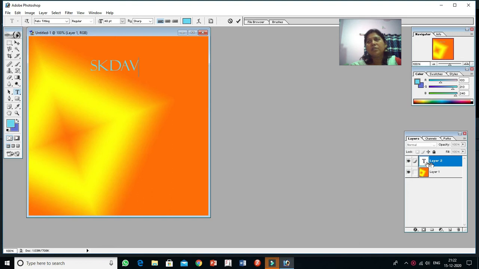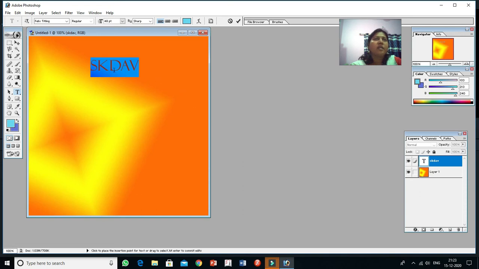Now see, this one is your layer panel. Here the background layer 1 is there, layer 2 is your text. Okay, so it asks you to select the layer panel. Now click on the tool, then select the text.